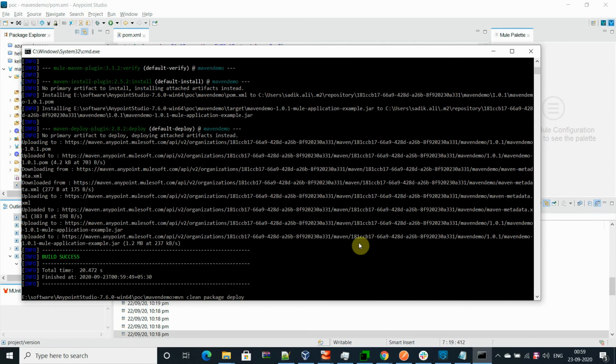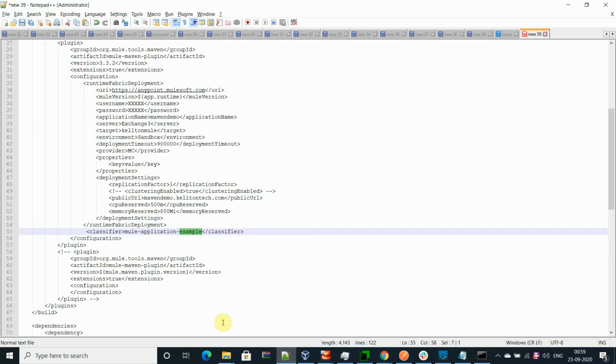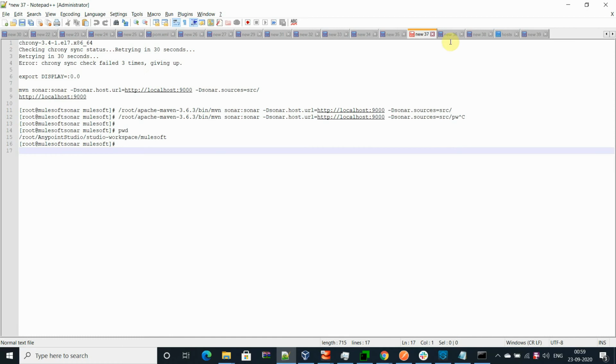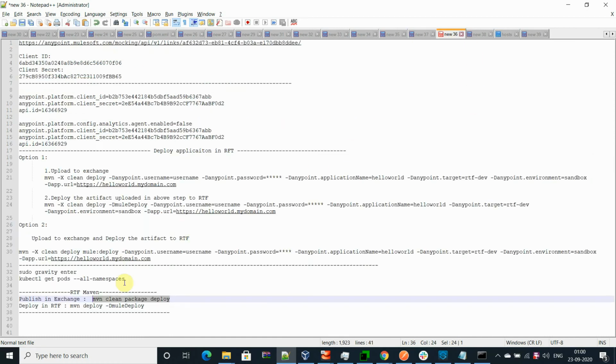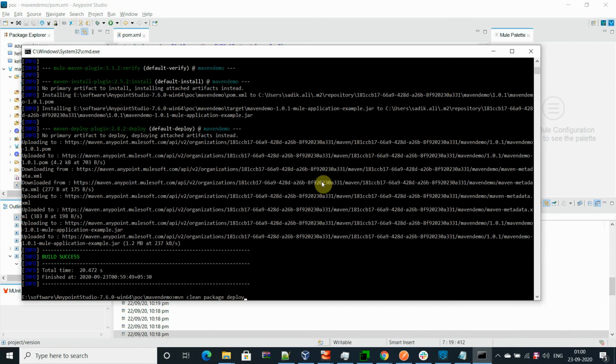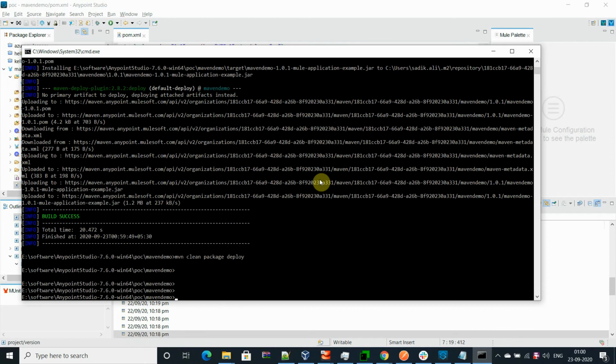Let me copy the command from here. The previous command was to publish your assets in Exchange, and the second command is to deploy in Runtime Fabric.